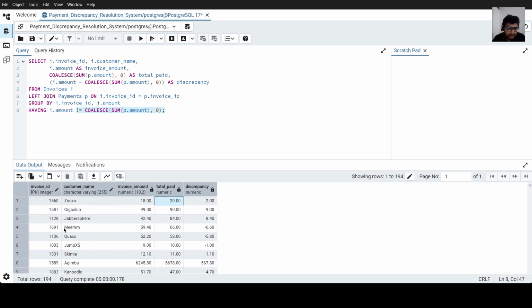So if you see here, for example, invoice 1560, the invoice amount was $18 and the total paid was $20, so we have a $20 excess payment. If you see 99 and they paid 90, then $9 is short paid here. Once I joined these tables,